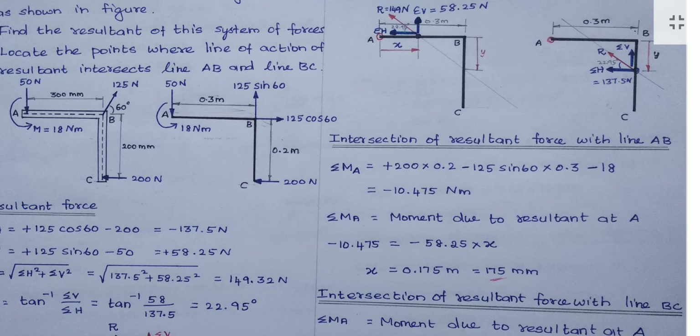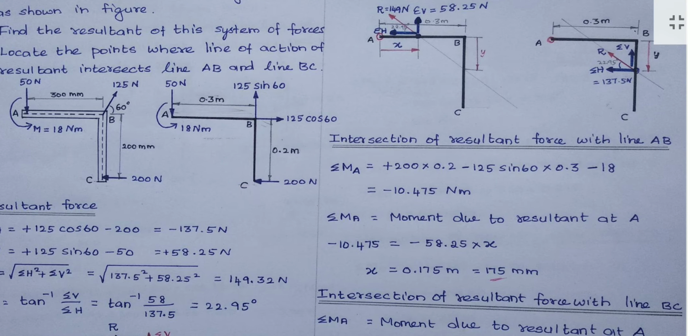Consider this force first, the 200 Newton force. This is a leftward force, right? This leftward force will rotate this angled bracket about the point A in which direction? Clockwise direction. It is fixed at A, so this horizontal force rotates the angled bracket in clockwise direction. So it is a plus symbol.